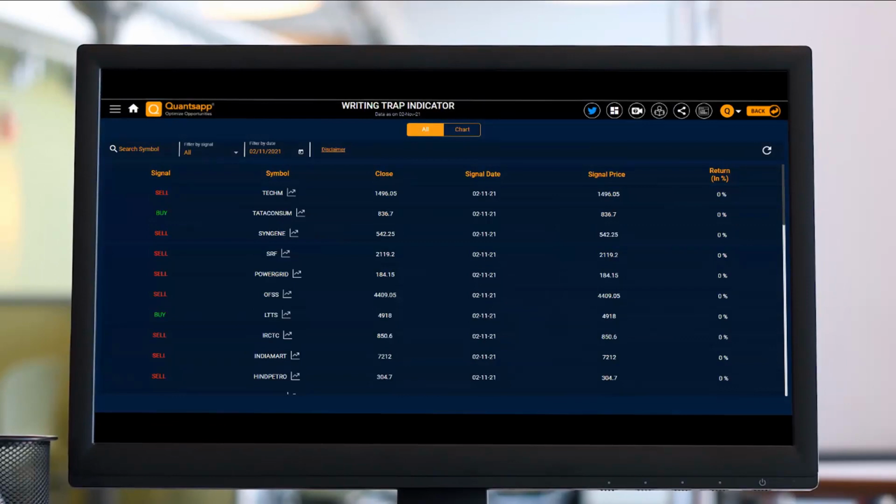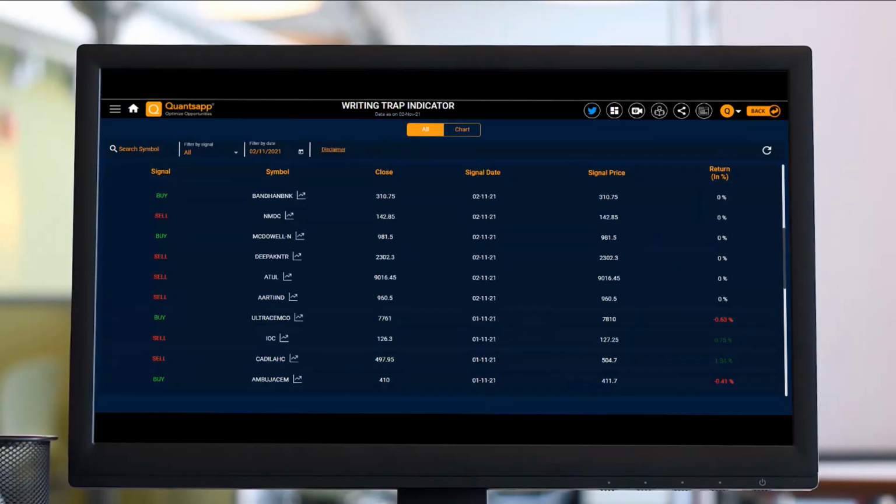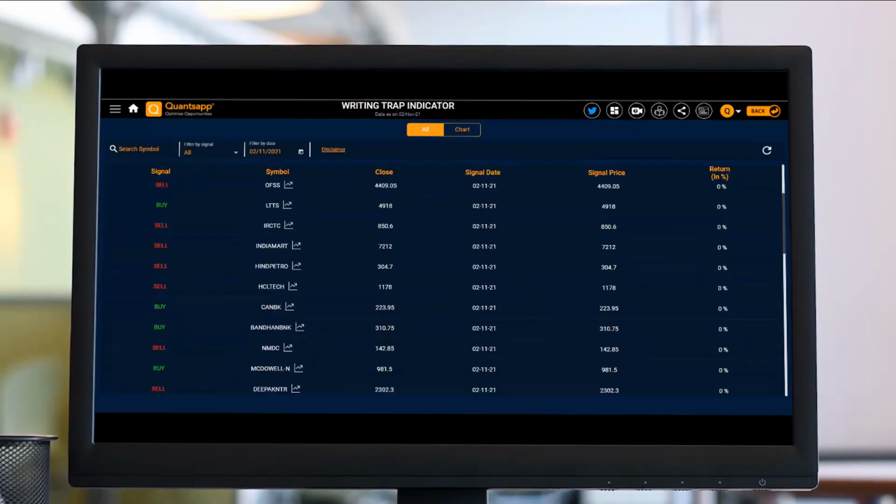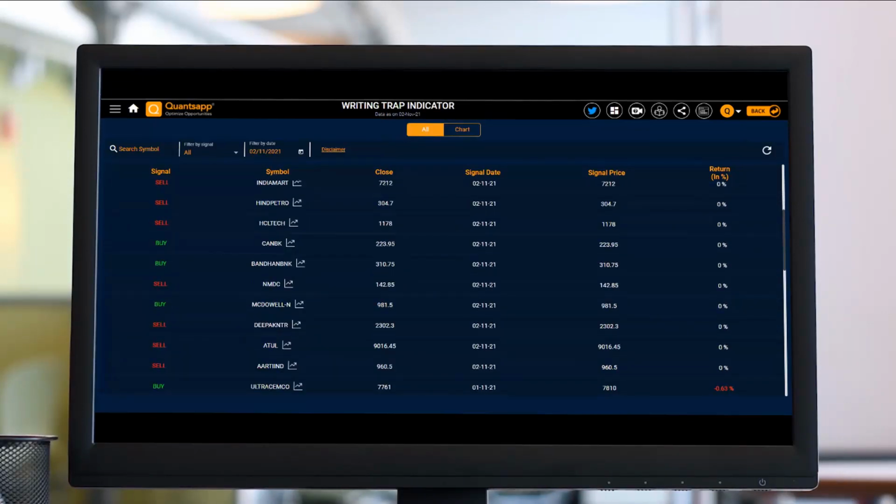Now coming to the utilization part, as I said, try to use the trap indicator as a filtration, as this is not an advisory service to directly go ahead and completely just buy or sell whatever you see on your screen. Obviously, the signal generated over here will require a bit of further analysis. So how are we going to use it? Let's say I look at the trap indicator end of the day. I pick up, let's say, 4 to 5 stocks from here. Let's say I pick up Tech Mahindra, Tata Consumers, Bandhan Bank, Canara Bank, and I need to check how strong those particular stocks are.